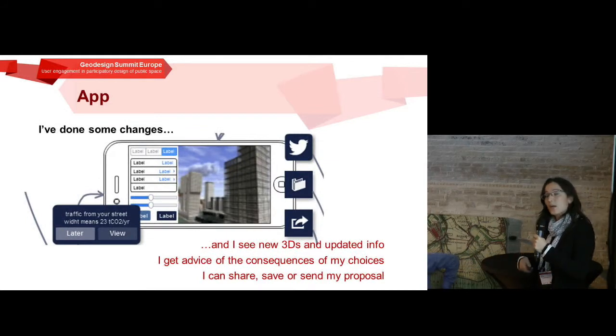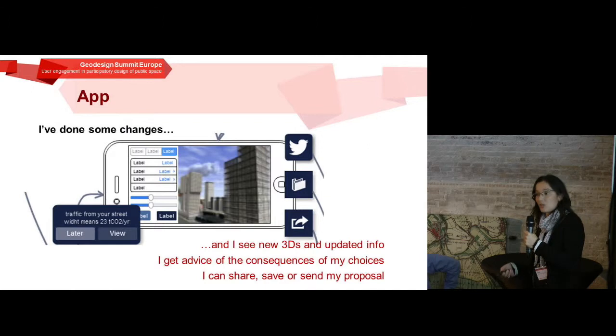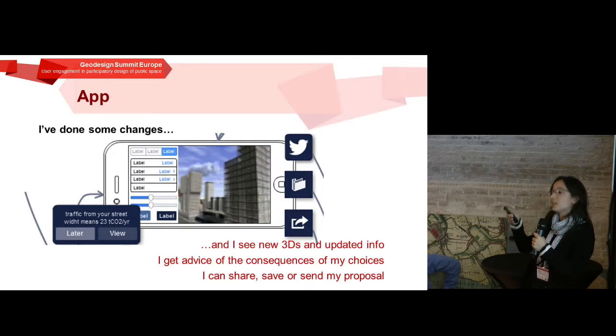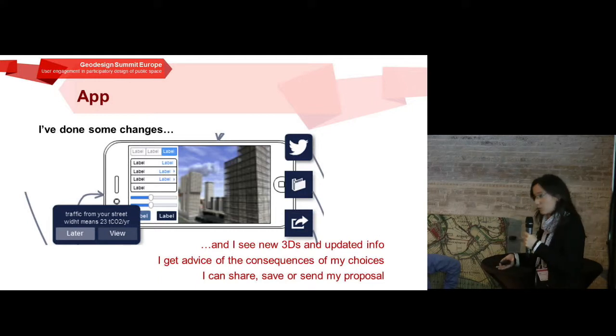And then while he's editing things, the model should be updated, the information should be updated, and he could receive some feedback on what he's doing. For example, this building is too tall, the buildings in general are too tall, you are blocking the sunlight to the ground floor, maybe you prefer not to make the building so tall.